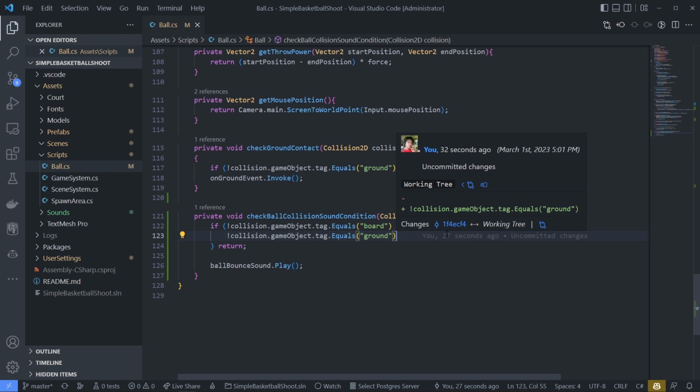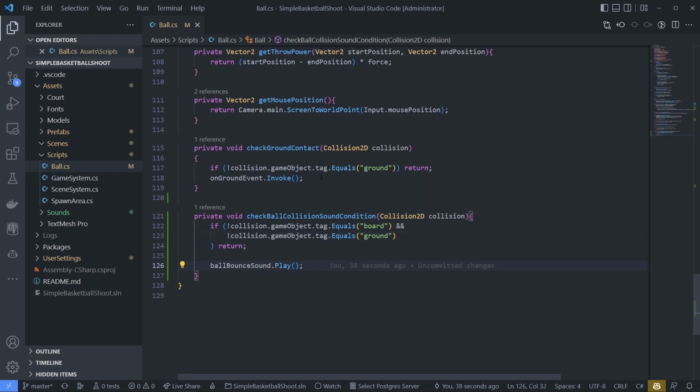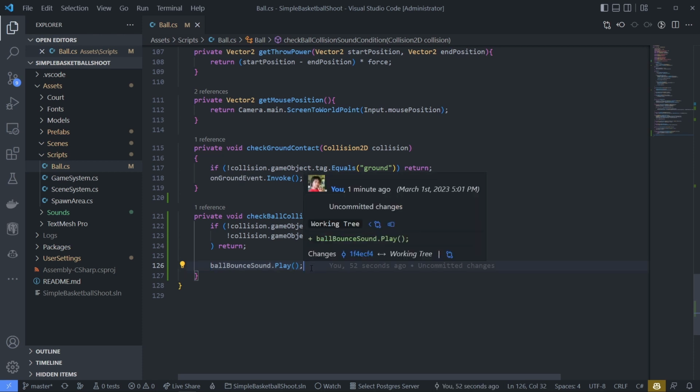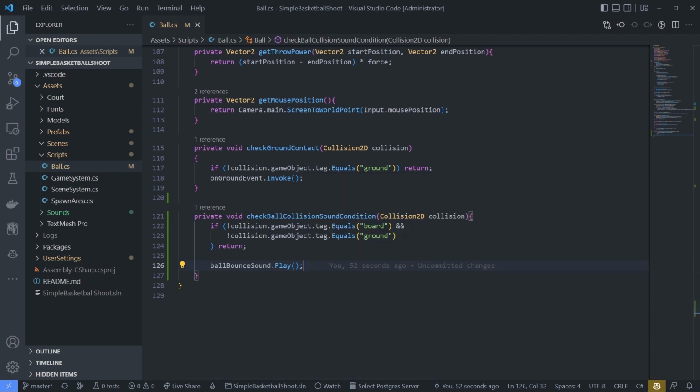But we have some disadvantage to this method, which is, as you know, that when we check the ground contact and the ball is destroyed, the audio doesn't even play because it's already destroyed. And because we play the audio when the collision happened, it always plays one audio. And when we are dribbling very fast or it bounces too many times in the very short time period, it actually has multiple sounds. That's why I want to use the second method,